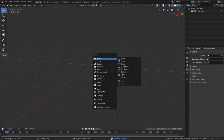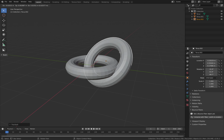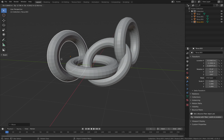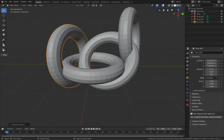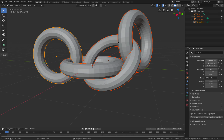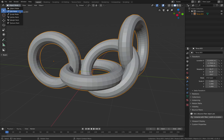And the way it works is that if you have a bunch of donuts like that, and they're kind of overlapping, and you have some kind of idea that requires a lot of donut shapes, and you want to merge them together. Normally you would just use Boolean, but in this case, if you join them together, go under Sculpt,